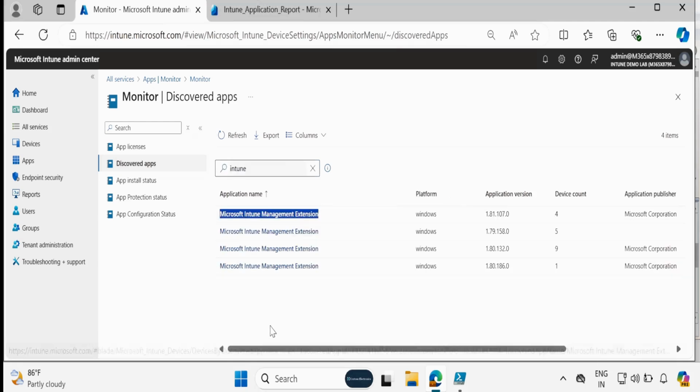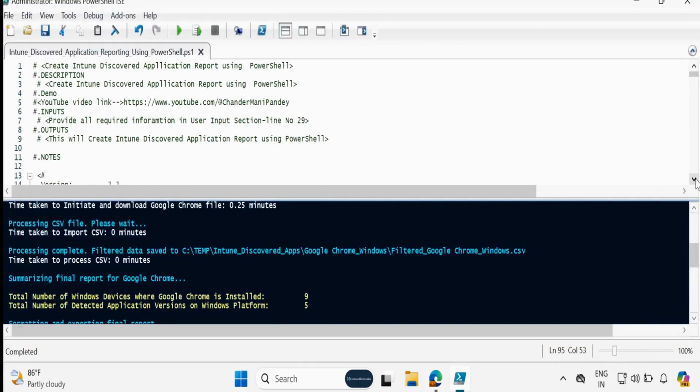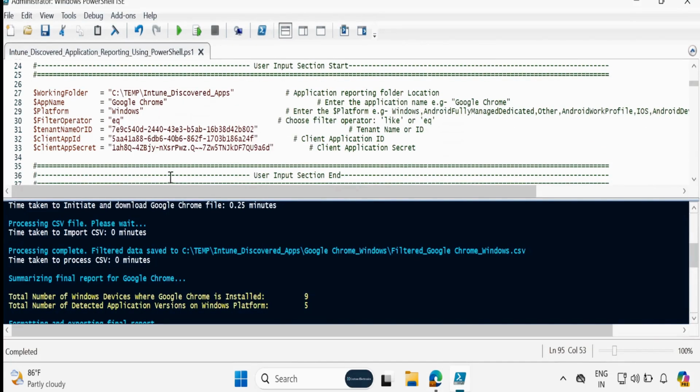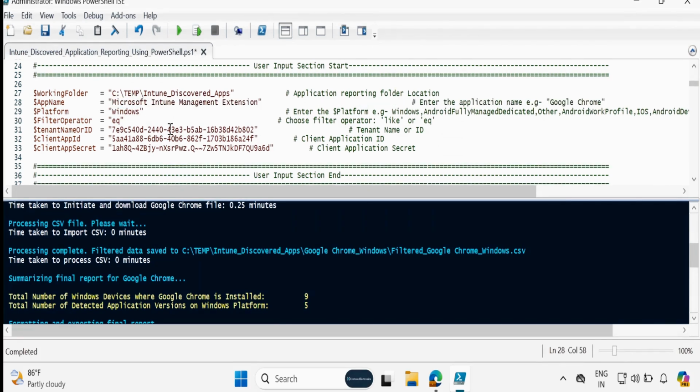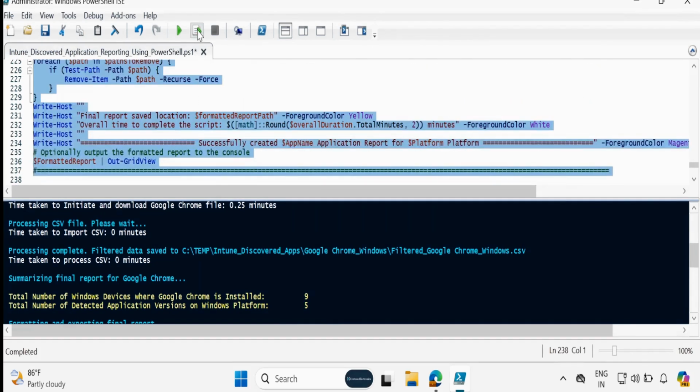Let me create an Intune management extension report. So let me go and update the script, and we just need to update the application name with Intune management extension. Select all and click run.